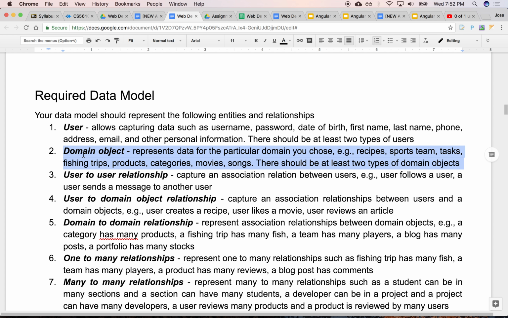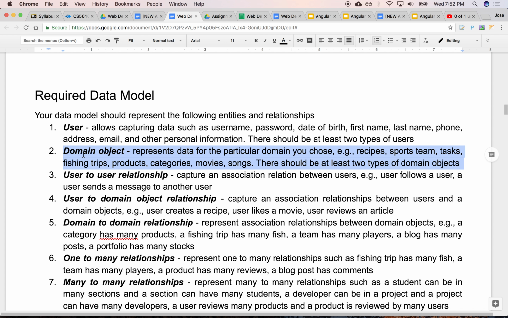Now, the easiest thing to do is to choose two objects that are somehow related to one another, or where one is the aggregation of the other. For instance, if you choose a song as a domain object, an easy second domain object is a list of songs, like a playlist. Or if you have products, then you might have categories of products. A category is an object that allows you to group together many other objects. So once you declare two domain objects, so two users, two domain objects.